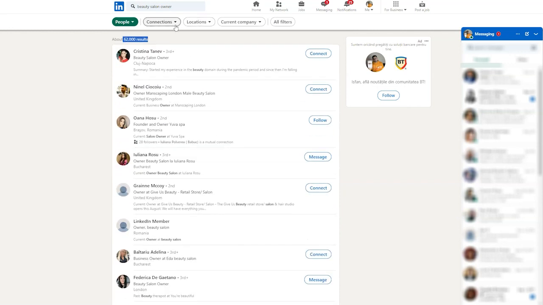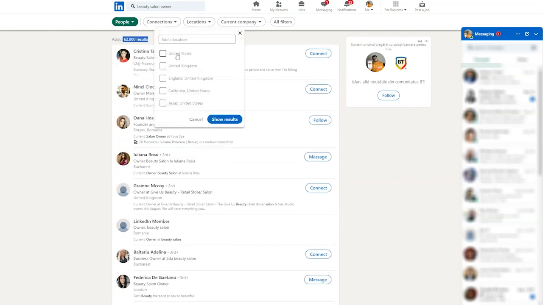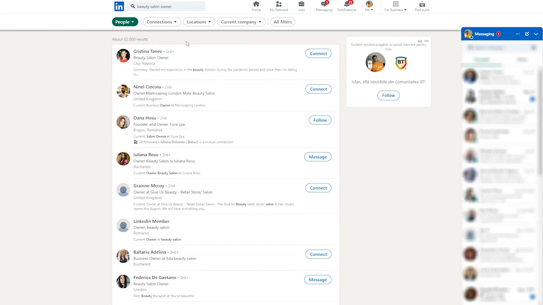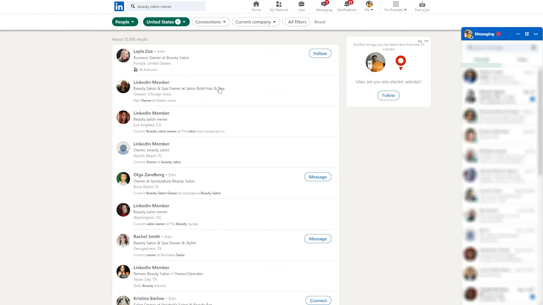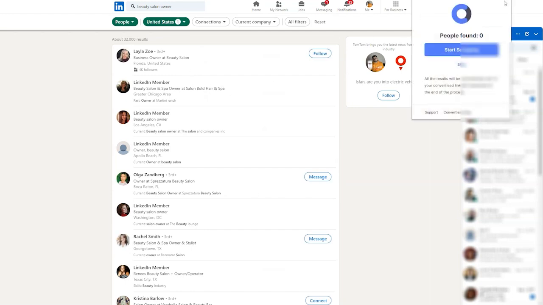Now, what I can do is also go for, let's say I'm interested in finding them in United States. So I'm going to tick this and just provide search results again. Now, the next step would be to open my ProspectrIn Google Chrome extension and just hit start scraping. It's that simple. With just a few clicks, hundreds of relevant leads are at your fingertips. And now you just have to sit back, relax, and watch as ProspectrIn Ai does its